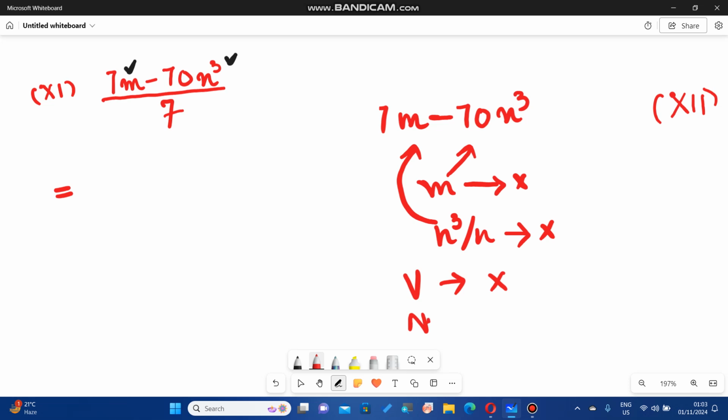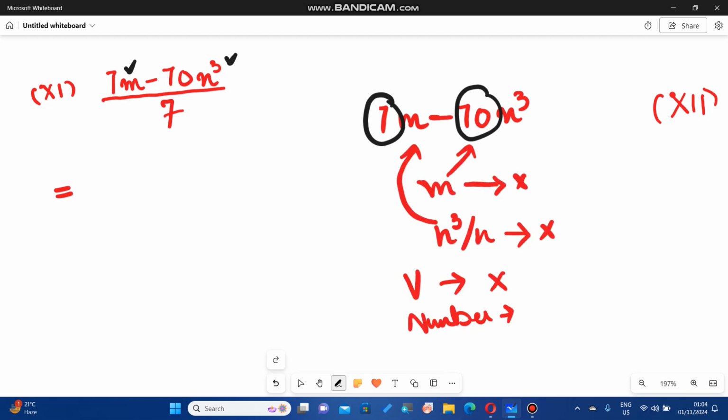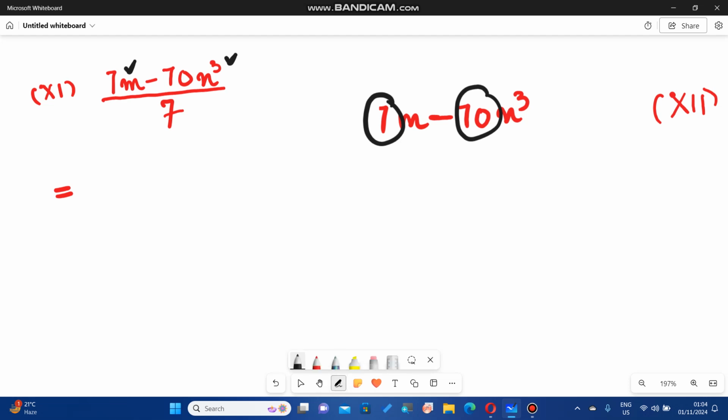Let's move on to the numbers here. Alright, what are the numbers? First number is 7, second number is 70. What can we take common out of it? The number that contains both these in its table. We have 7. 7 times 1 equals 7 and 7 times 10 equals 70. So what are we going to take common here? We are going to take 7 common. We can write